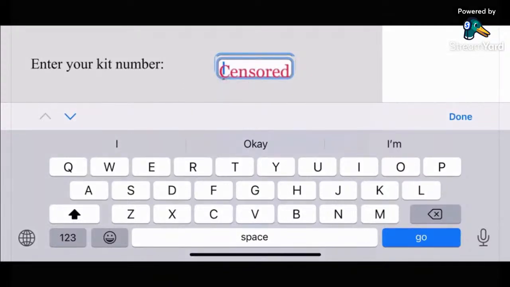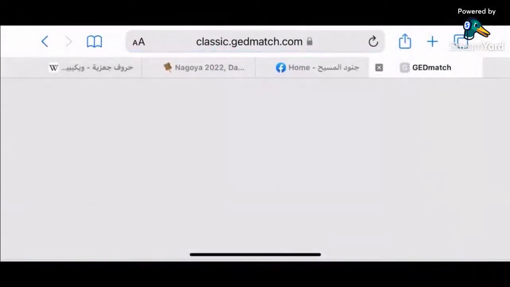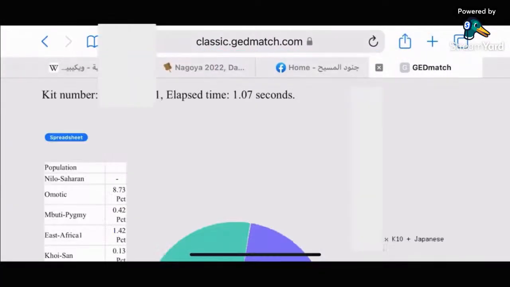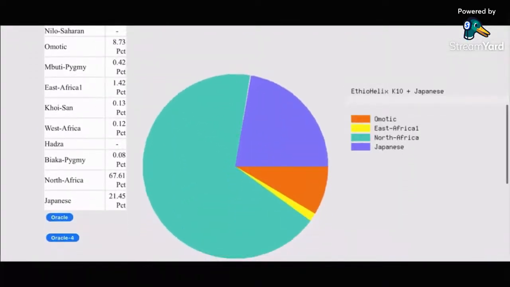I must confess, I found it a bit concerning that Kelly and the Teotw twins had some unknown reason for not being completely forthcoming with their own information and their own kit number. Whatever the case, here are my results in the EthioHelix K10 plus Japanese calculator. Now, these are GEDmatch results. When people talk about Oracle, they're talking about these buttons here, which say Oracle.